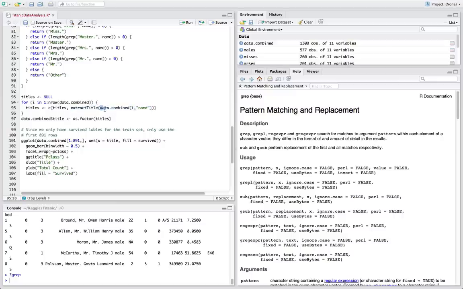The i value will be our index, going from 1 to 1,309. So grab the first observation from the data.combined data frame, grab the name, and pass it into the function.